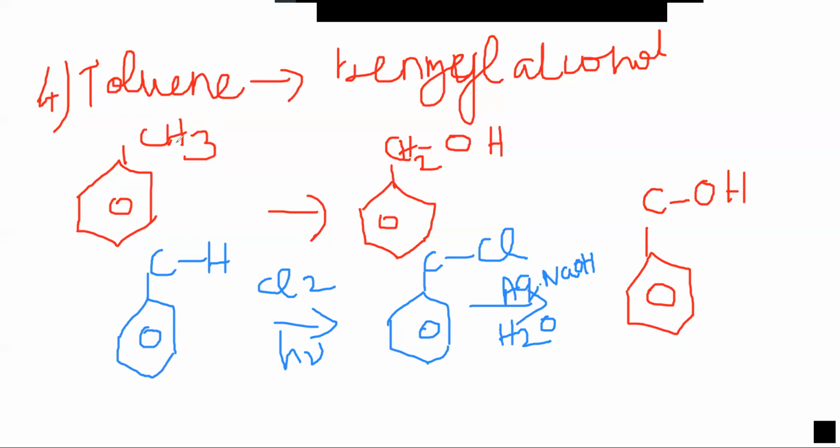Chlorine is going to the side chain. CH3 is the side chain of benzene. So this is known as side chain substitution. When you put hν, chlorine will go only to the side chain. Suppose for chlorine with AlCl3 or FeCl3, when you put, the chlorine will go inside the benzene ring. So the benzene ring will get substituted. This difference you should know.